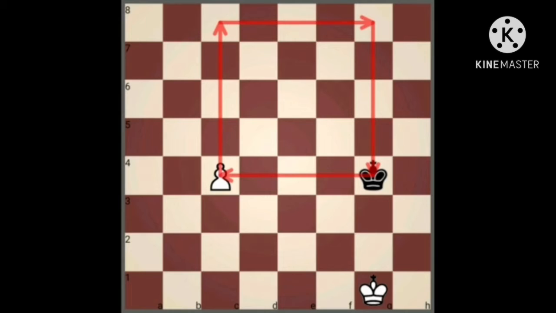So if you know the rule of the squares, it is easy to calculate whether your king can capture the pawn before it queens or not. Here you can see that the white pawn has to make 4 moves to reach the 8th rank. You imagine a square with a pawn at one of the corners and the sides equal to the number of squares the pawn has to make to the 8th rank. If your king is within the square, the king can capture the pawn, otherwise it can't.